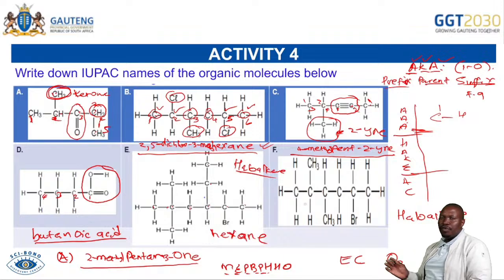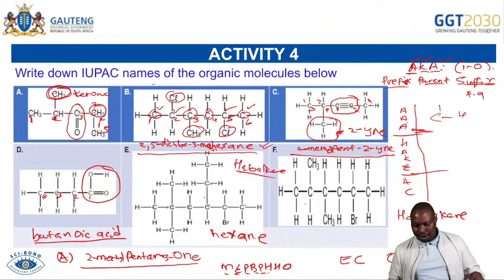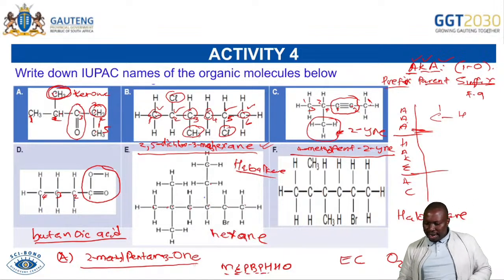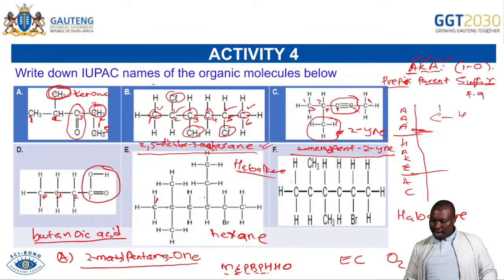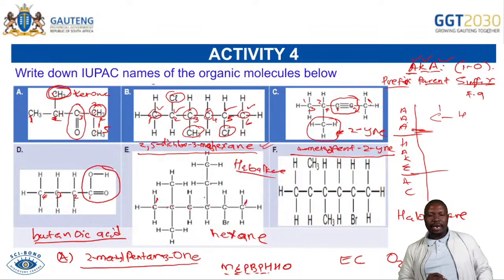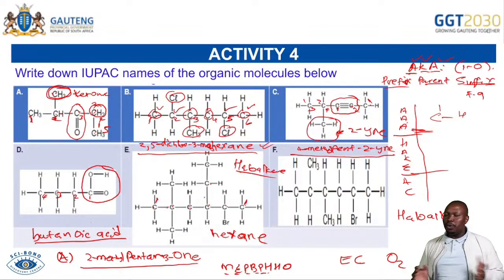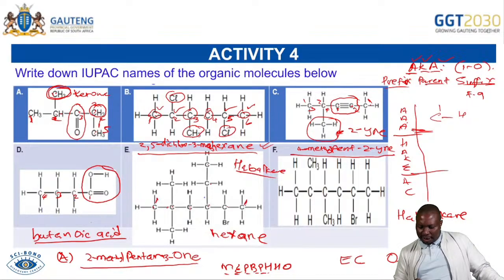You're just counting the number of the longest carbon chain. Then when it comes to numbering, I am giving you a strategy to say always do this thing of competition. This carbon wants to be number 1, even this one says I'm number 1. And they all look the same. So we can't determine which one is number 2. But let's go to this one.